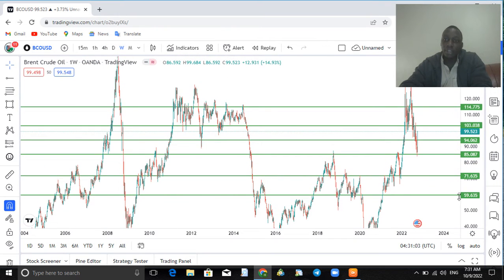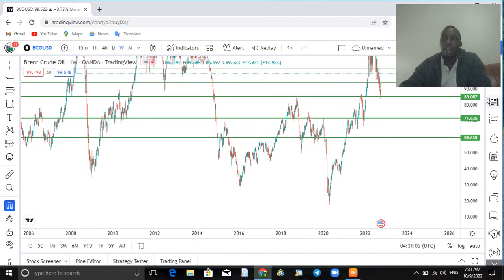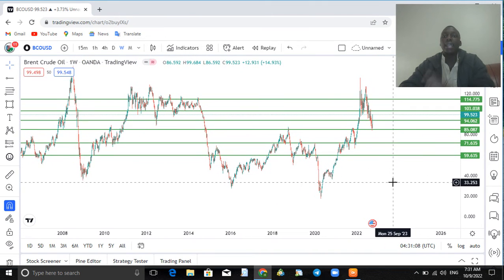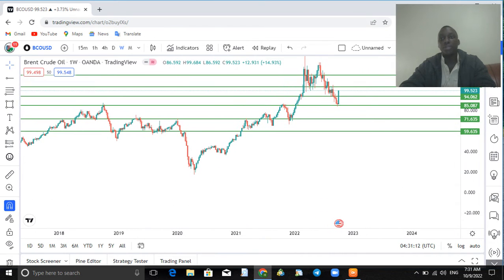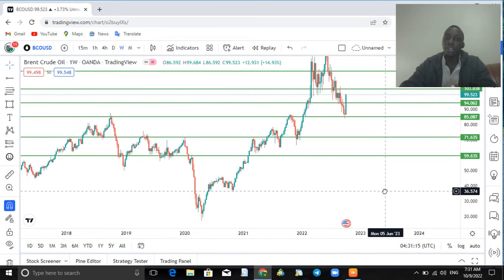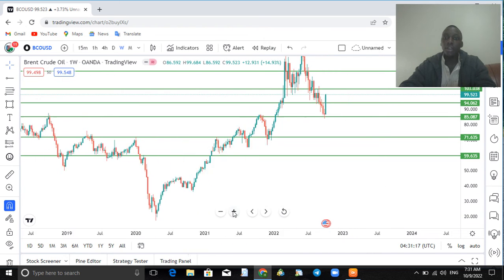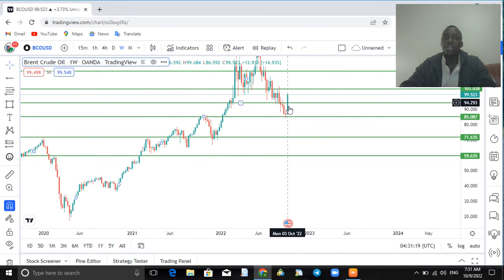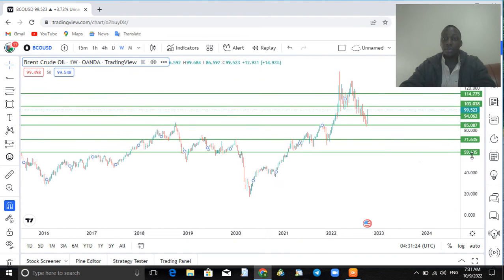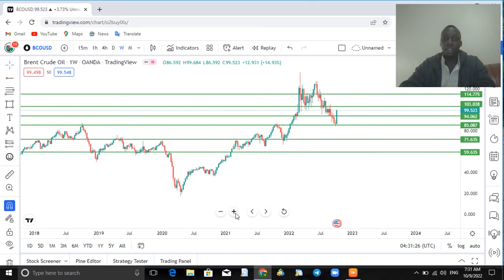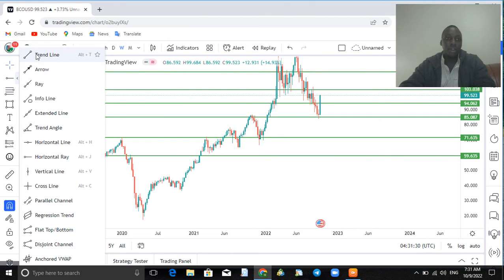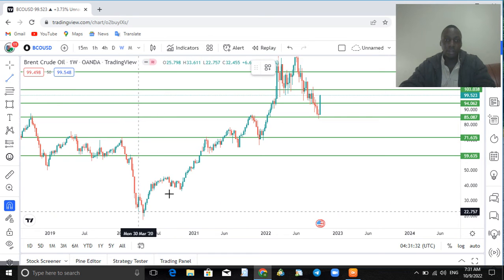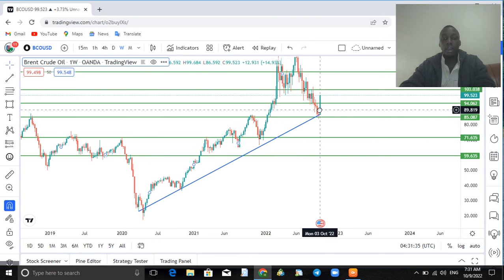What you must do first whenever you're analyzing the market is start from the higher time frame. When you start in the higher time frame, you get a clear picture about where the market is heading. Now you see all this move? All this move was missed. Why? You can miss this move if you don't start from the higher time frame to see where the market is heading. Okay, now if I get my trend line, which is our support trend line, and I connect these recent higher lows,